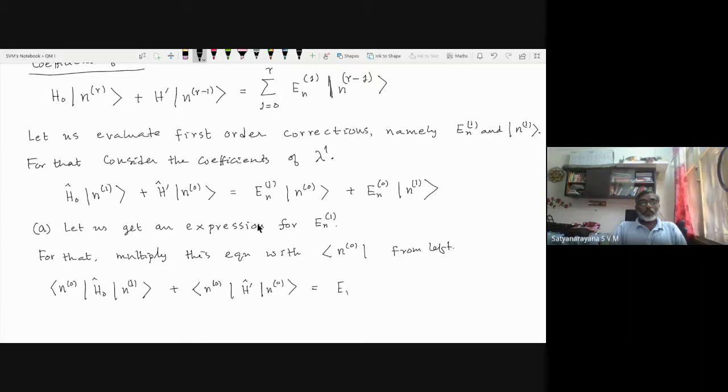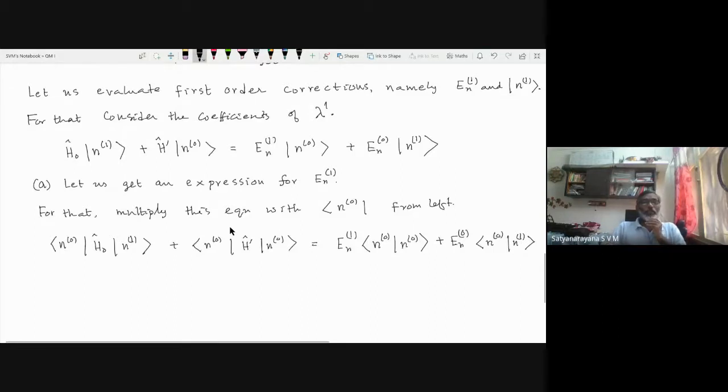En1. See, En1 is basically a number. Okay, it's not an operator. So that means this will be n0 n0 En1, plus En0 n0 n1. Is that clear? n0 n1. Now in